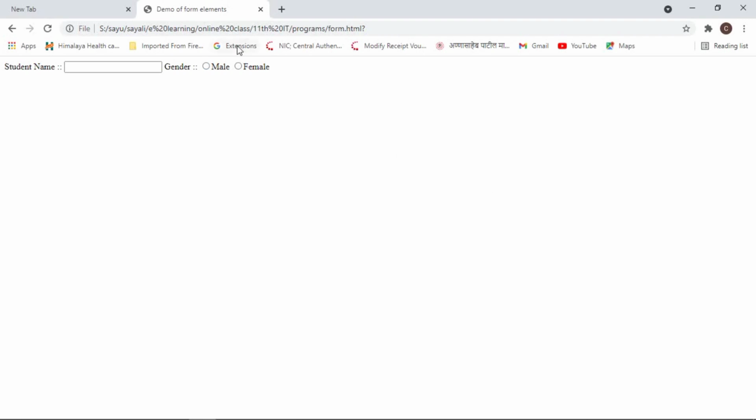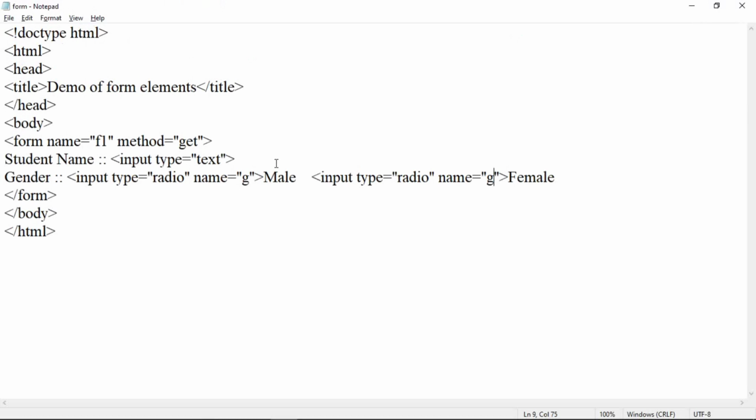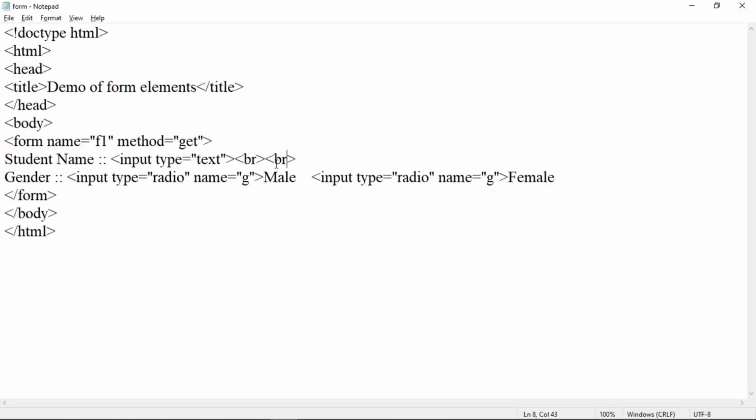Refresh the page and now you can check. Whenever you click on male, female will be deselected. Whenever you click on the female radio button, male will be deselected. To have this, at the next line, we must include here a BR tag. So let us add here a pair of BR tags. Save this and refresh the page. In this way we have used a second